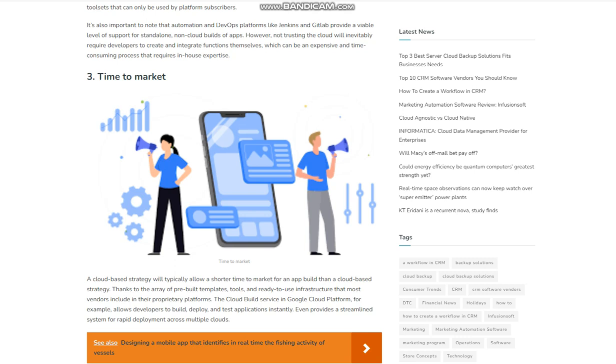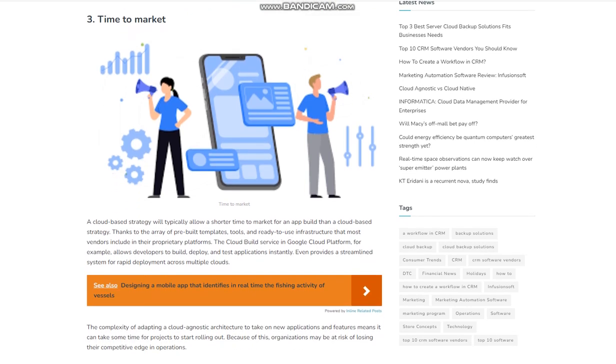3. Time to market. A cloud-native strategy will typically allow a shorter time to market for an app build than a cloud-agnostic strategy, thanks to the array of pre-built templates, tools, and ready-to-use infrastructure that most vendors include in their proprietary platforms. The Cloud Build service in Google Cloud Platform, for example, allows developers to build, deploy, and test applications instantly, and even provides a streamlined